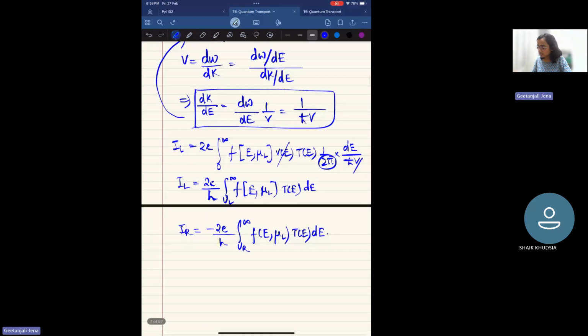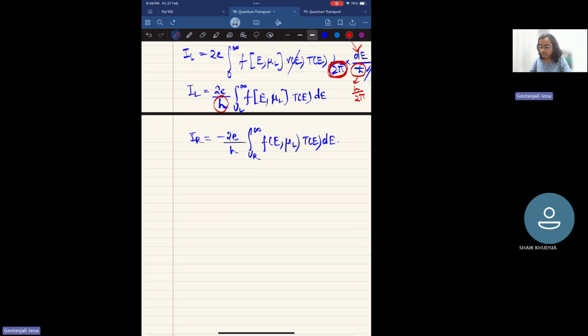Okay, so h is coming because if you recall, there is an h cut here, and I have put h by v here, and there is a 2 pi over here. h cut is h by 2 pi, right? So this 2 pi will cancel with one of the 2 pi, and that is how we get the h here.